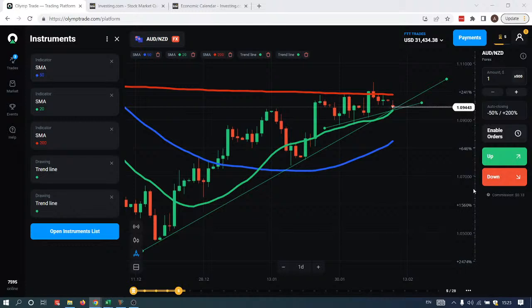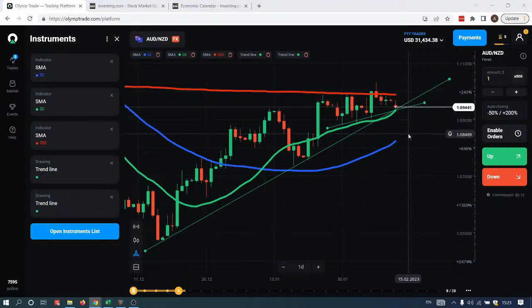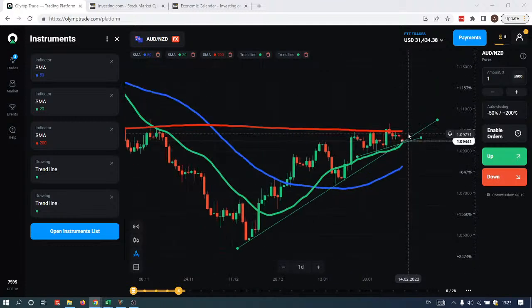Well, with martingale, you have two options. Basically, you either need to have a lot of money in your account so that it can sustain the drawdowns with martingale, or you need to start with very little amounts of money, like $1. And then option number 3 is to make sure that you don't have more than, say, 5, 6, 7 losing trades in a row, because all those losses happen when you have a long series of negative trades in a row.